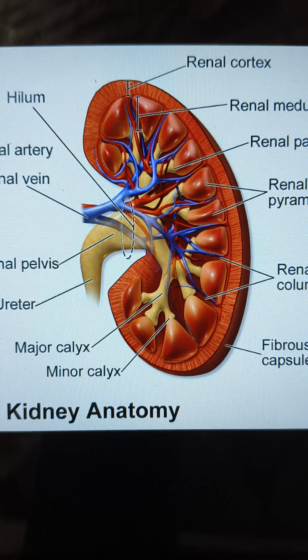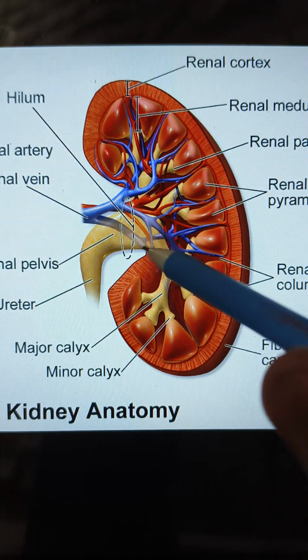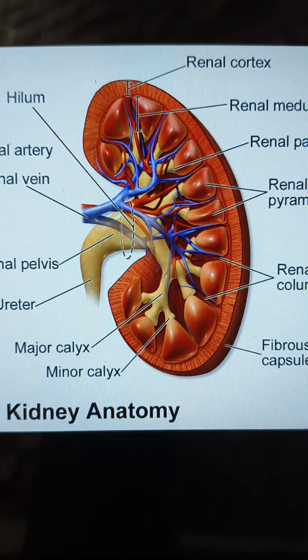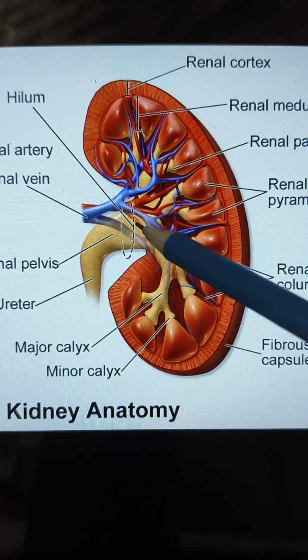Because of many medulla present in the kidney. So the broad structure may also be present after the major calyx. This is called renal pelvis. Renal pelvis is the structure where all the major calyx join and collects the blood from the whole kidney to